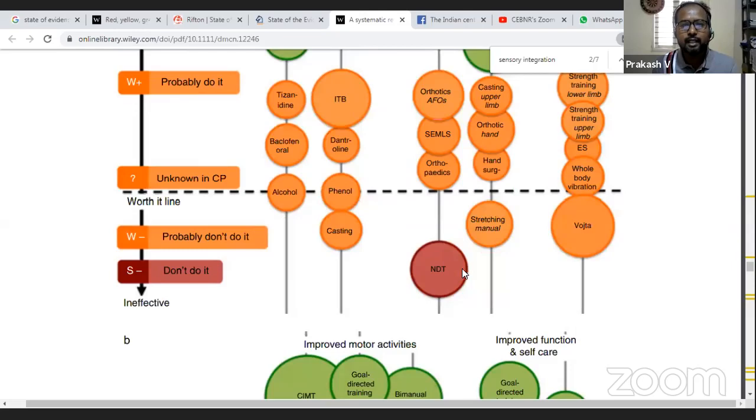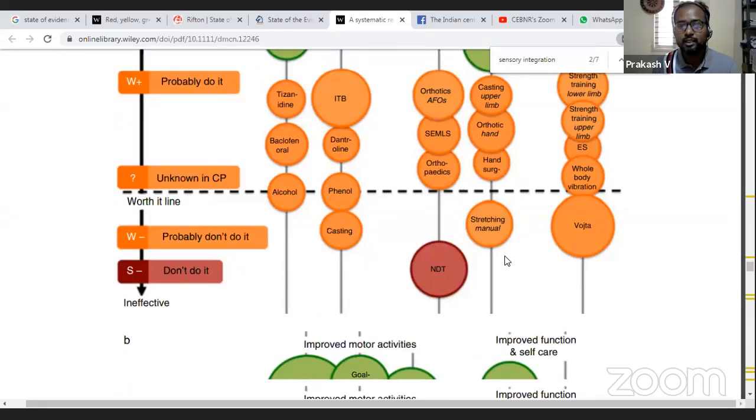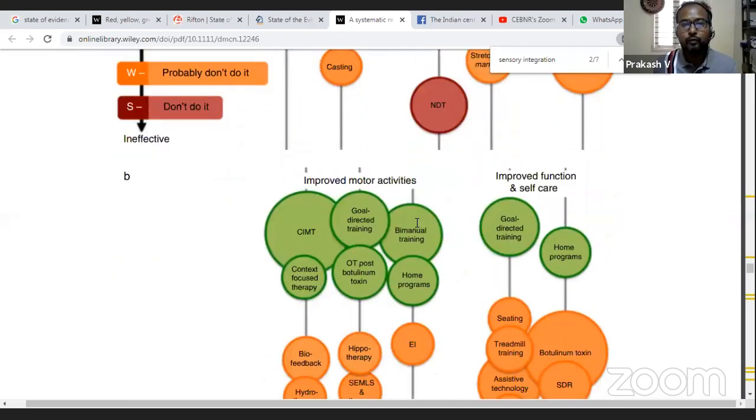And as you can see, does NDT improve contracture management? The answer is no. So if you look at improved motor activities, that's